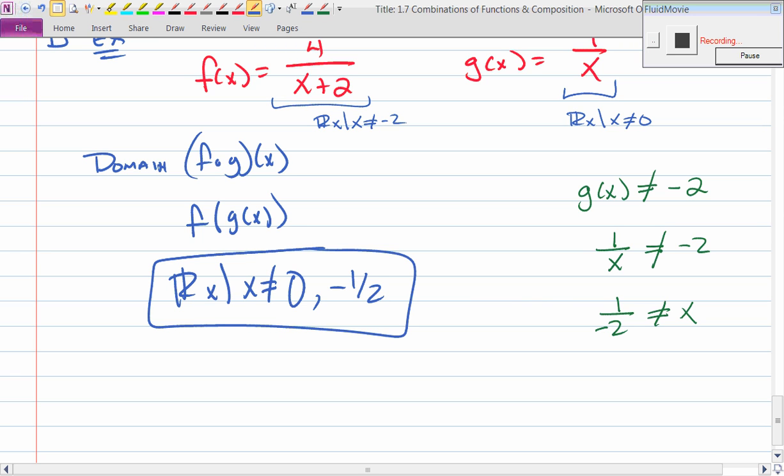Notice that this value, negative 2, is allowed in the composite function because it has to pass through g first. And when you plug in a negative 2 to g, you get out